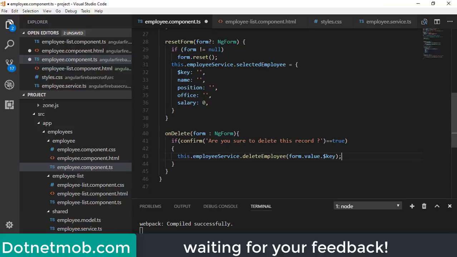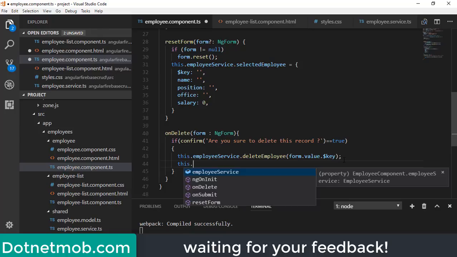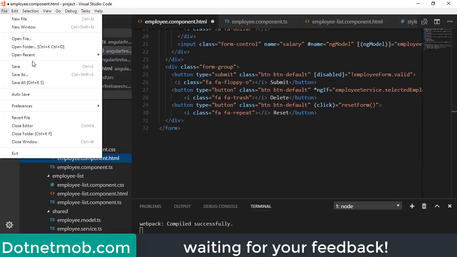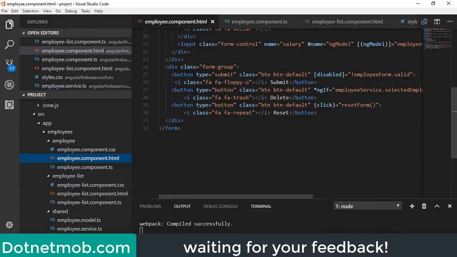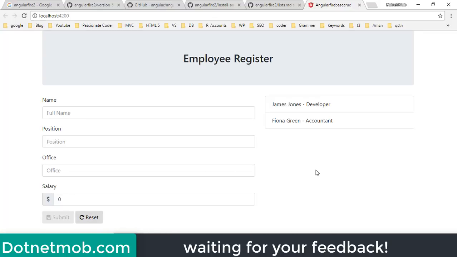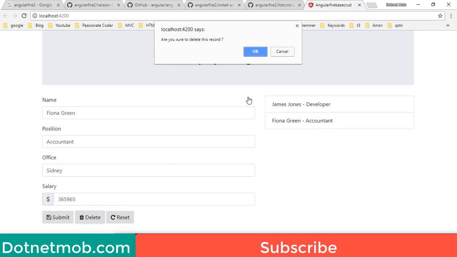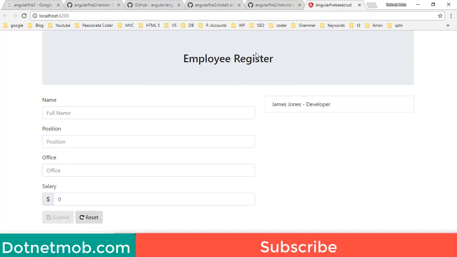For that we can call this function, this dot reset form, and just pass this object form into this function. Let me save all of these modifications here and go back to the application here. Now I am going to delete this record for Fiona Green. So select this record and click on delete. So it is asking, are you sure to delete this record? Click on delete. So here we have deleted the record for Fiona Green.